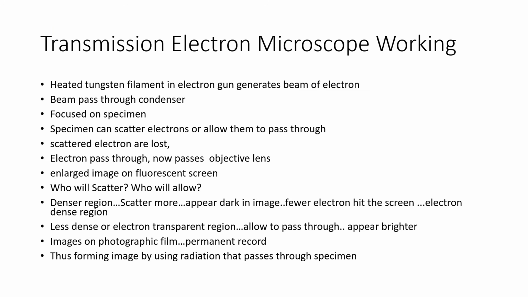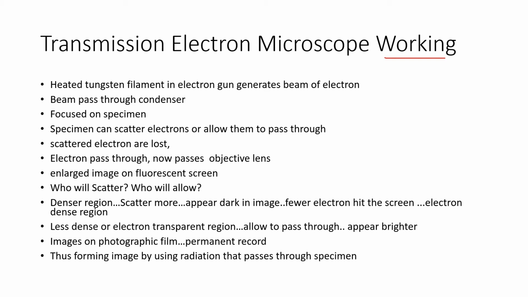Okay, finally the working of the transmission electron microscope. As I always say, if you have the principle clear in your mind and the parts, the working of any microscope is just a piece of cake. See, when we switch on the electron microscope, the electron gun will start producing a beam of electrons. Why? Because what is the electron gun? It is a tungsten filament which will get heated and produce a beam of electrons. This beam will then be focused onto the specimen through